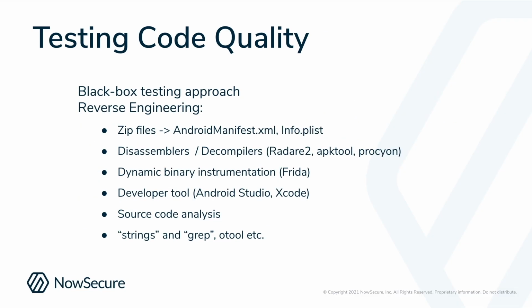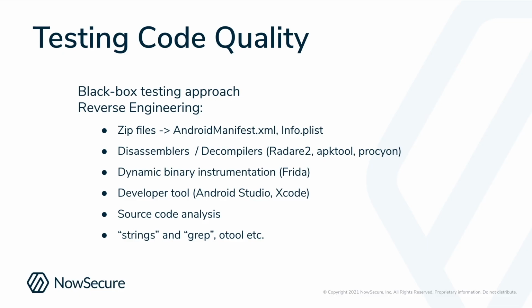So the final section we're going to cover now is testing code quality. This is actually a broad topic because it includes reverse engineering the app, but it also includes understanding the code configurations your app could have and making sure you're using secure best practices, like the free security tools that can harden your app, such as ASLR, disabling debugging within your application, and making sure there's no extraneous code that really isn't necessary. And at NowSecure, we take this black box approach, and a lot of people do that too,